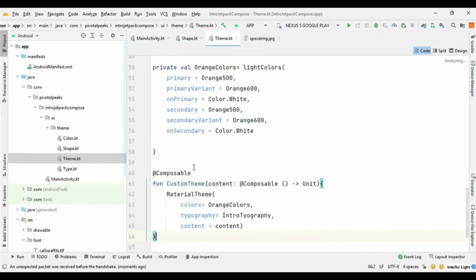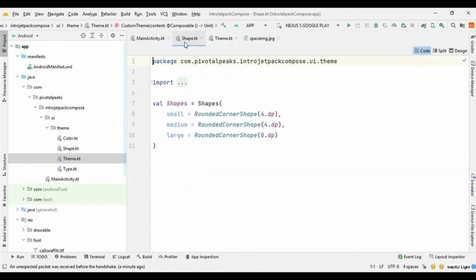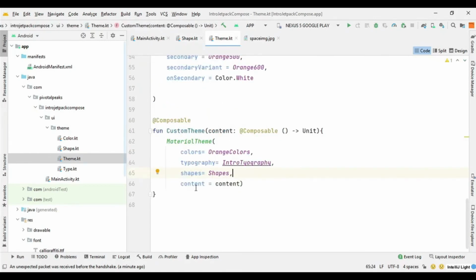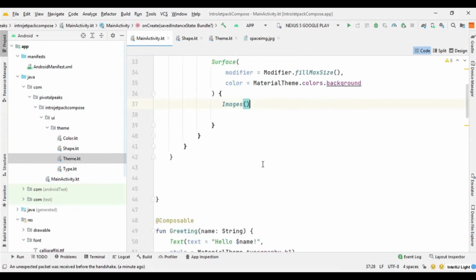We need to go to our theme file, and here after typography we say shapes equals, and we need to pass the shapes that are defined here, and we have applied the shapes in our custom theme.